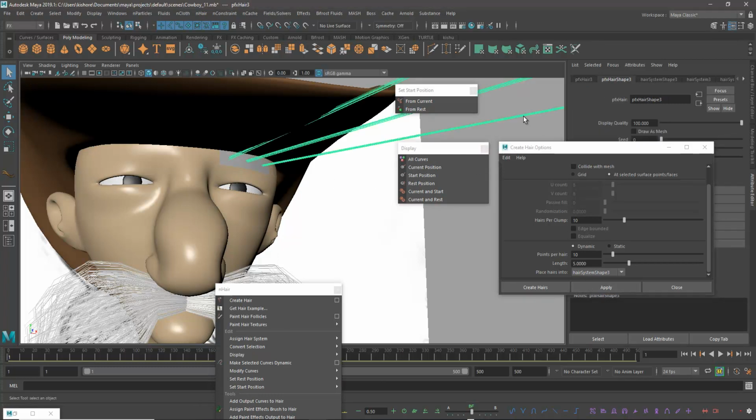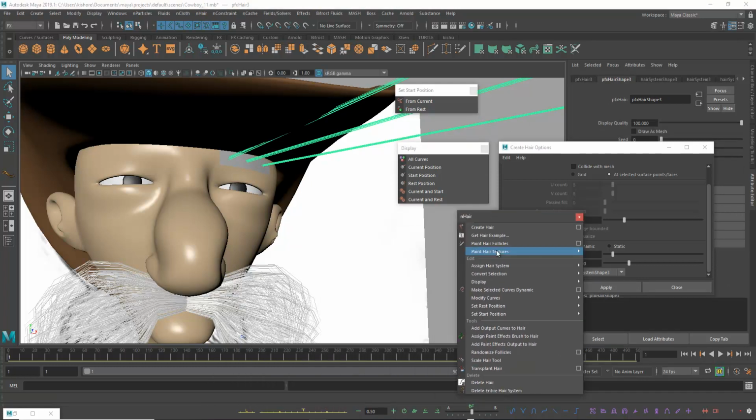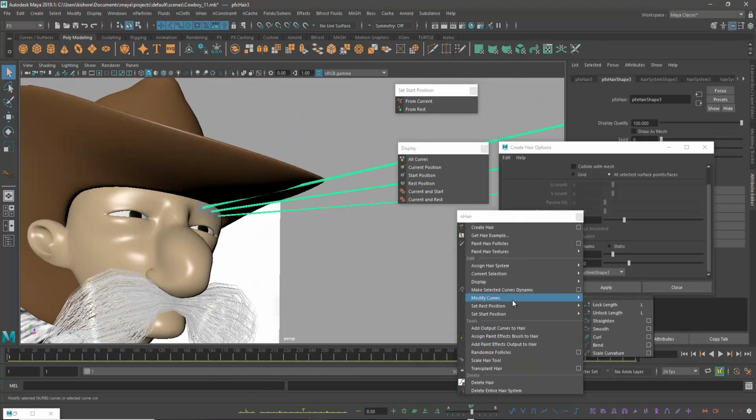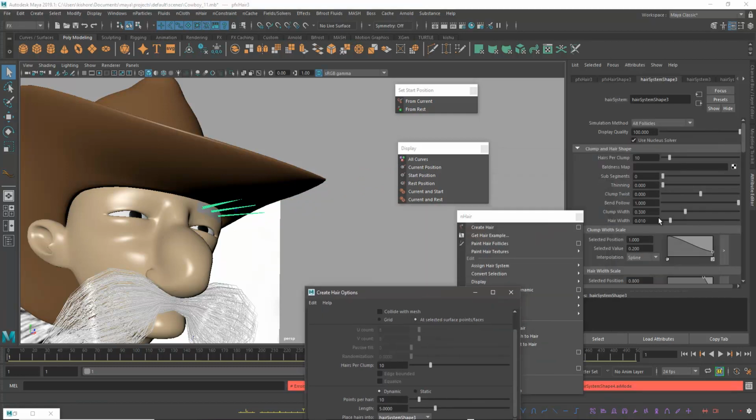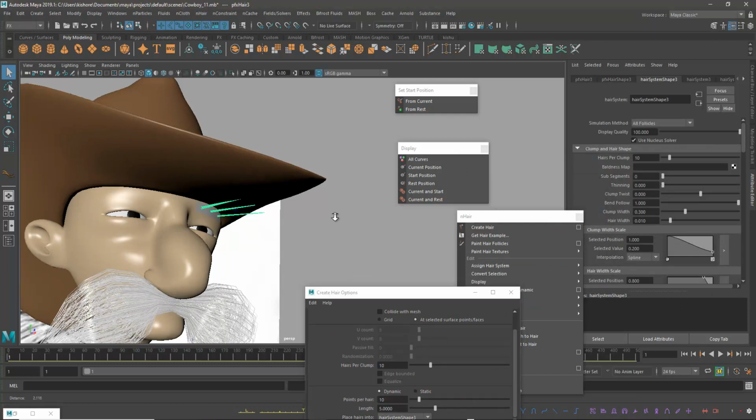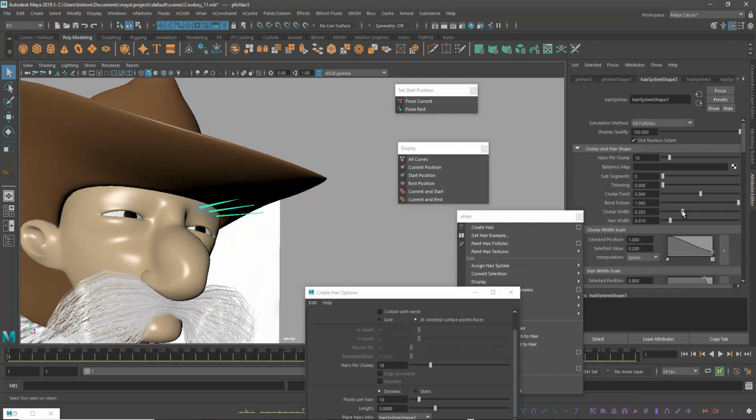And select this particular hair one, and go to the scale hair tool. Let's reduce, and in the hair system you can see here, clamp width increase up to something like 2.